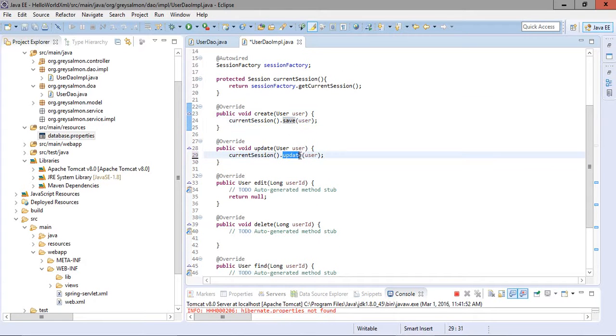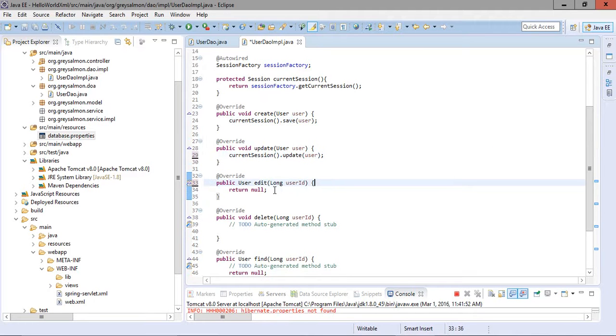So it has become very simple, and it has taken the burden off the developer's shoulders. Hibernate will create the queries by itself.